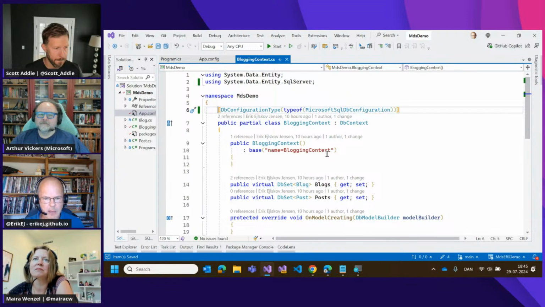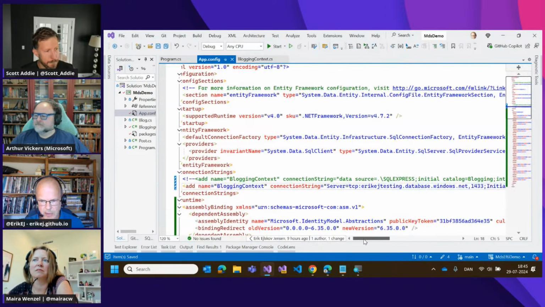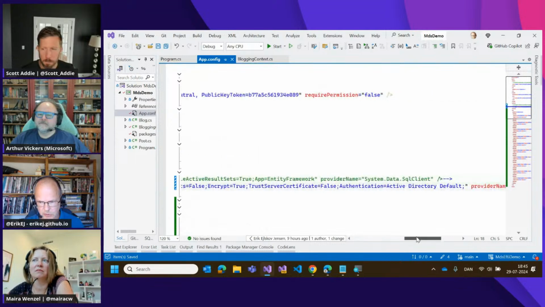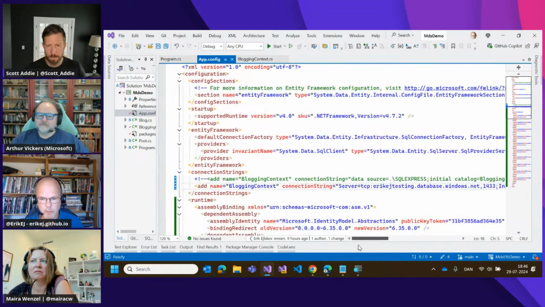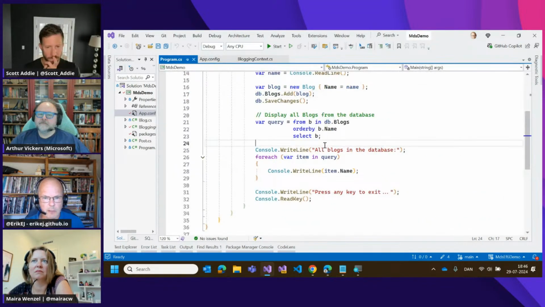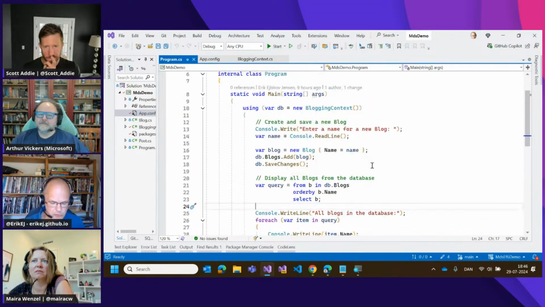And I have changed my connection string to an Azure SQL database, and I'm using Active Directory Default. I could also use Active Directory MFA, and then I would get a prompt for my multi-factor authentication credentials. That would also work, but this is probably more interesting because with a little luck, I won't get prompted. So let's try to run the app now.